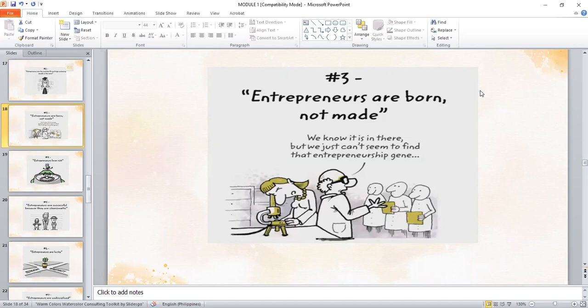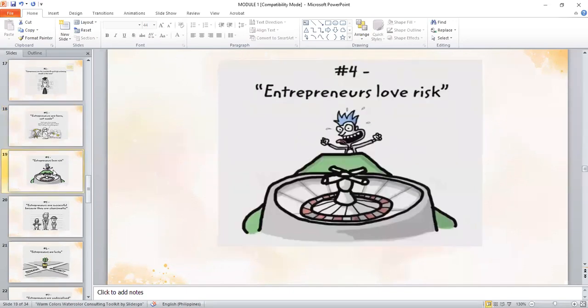But probably you're not going to sell goods, but you're going to sell ideas. You're going to sell services, something like that. So it's not something that you should have in the first place, that entrepreneurship gene. Okay, we all learn it, we can learn it. Number 4, entrepreneurs love risk. I was thinking of this also, that most entrepreneurs love risk, but actually they're just the same people as us,